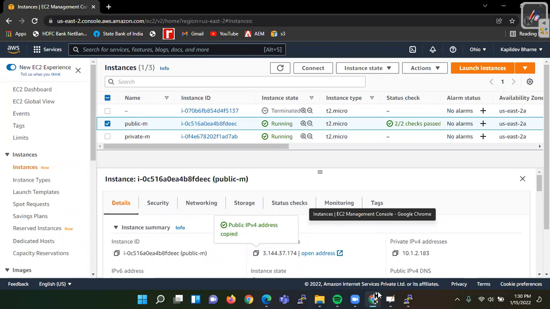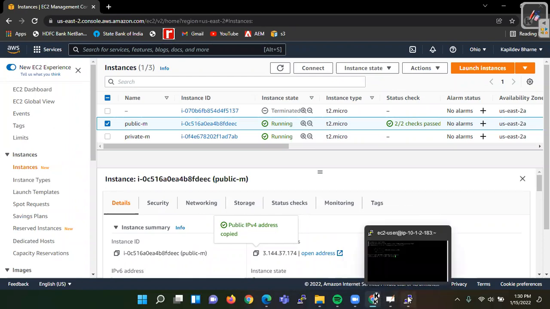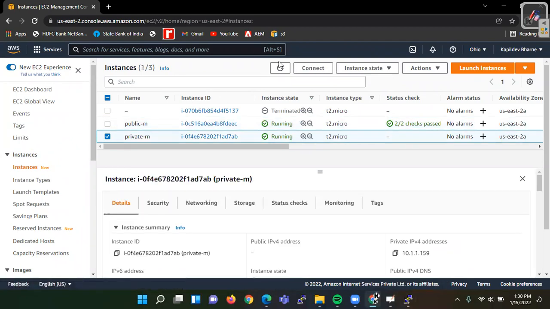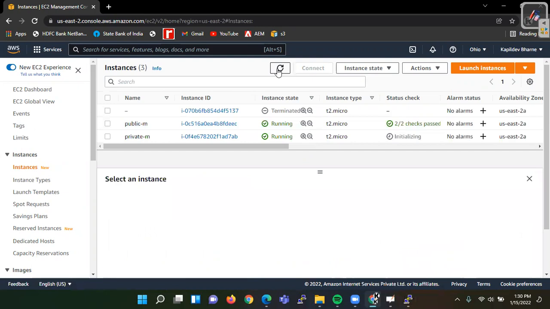We haven't got a NAT gateway, but that is not an issue. So let us check. This is initializing session.